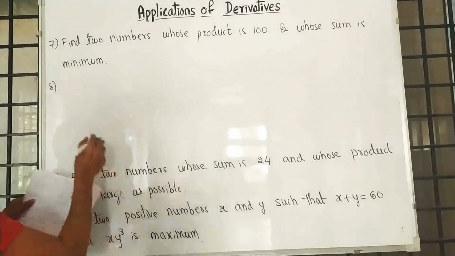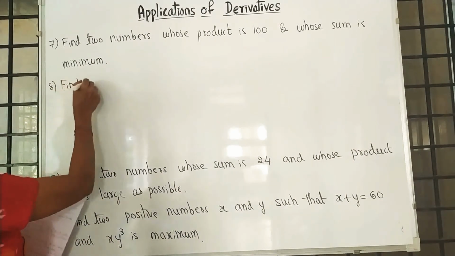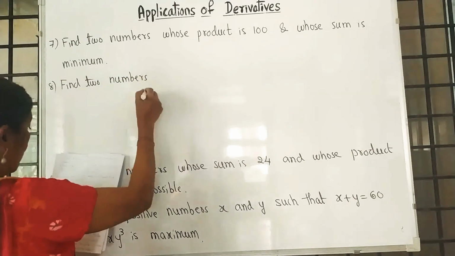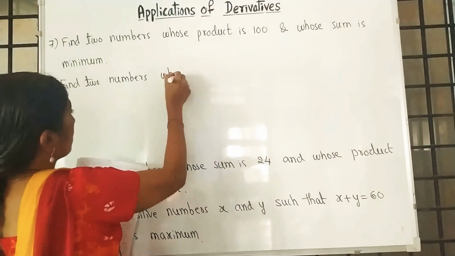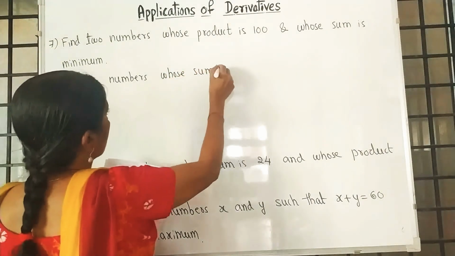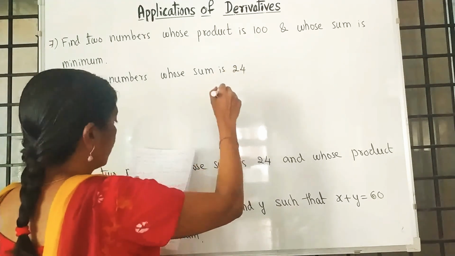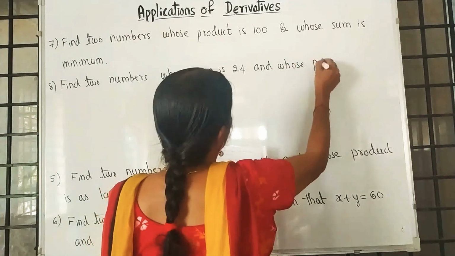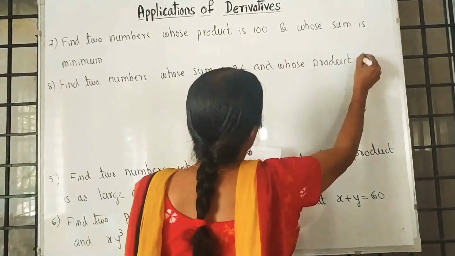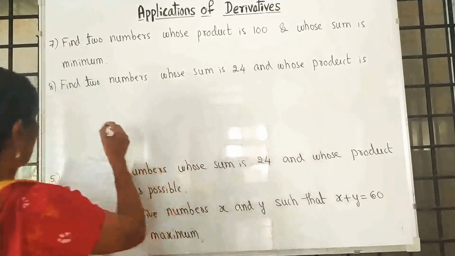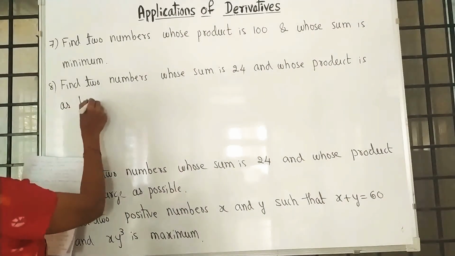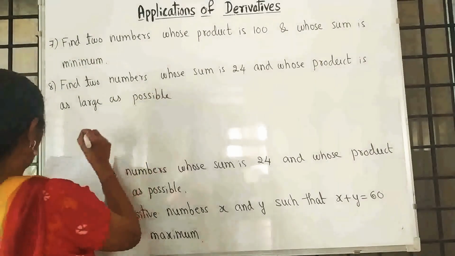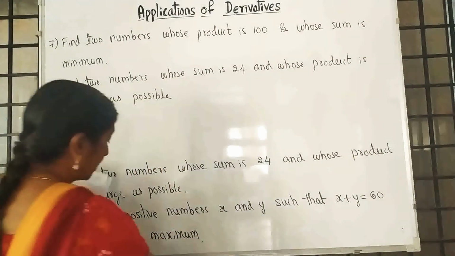Find two numbers whose sum is 24 and whose product is as large as possible. Next question, 9th one. Find the intervals